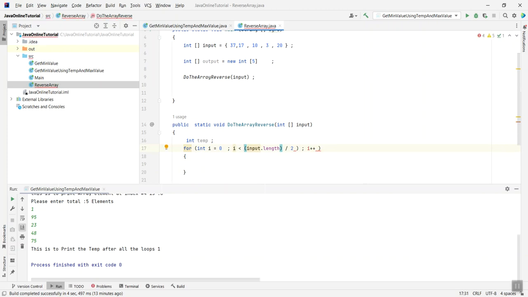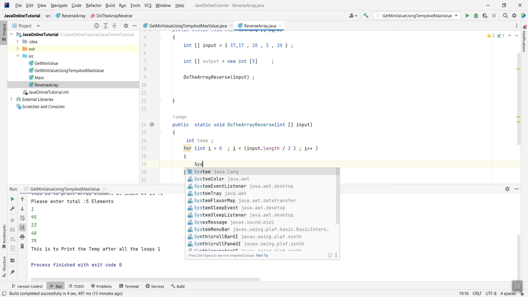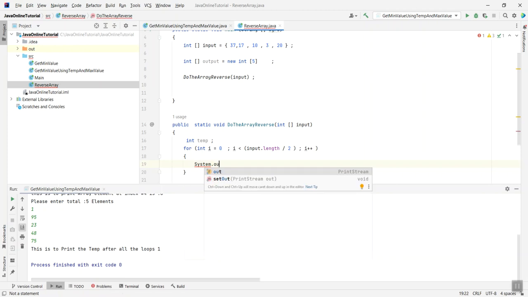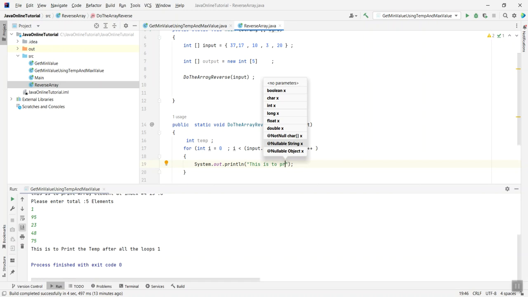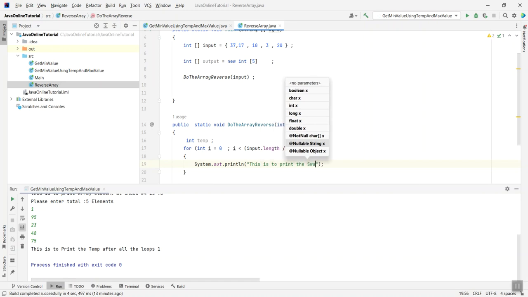Because length is anyways one more, so only... okay, so this one is good enough. So we'll see system dot out dot println. This is to print test web. Okay, so we'll say